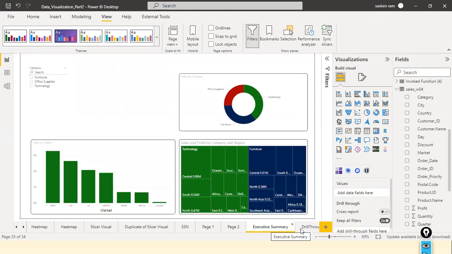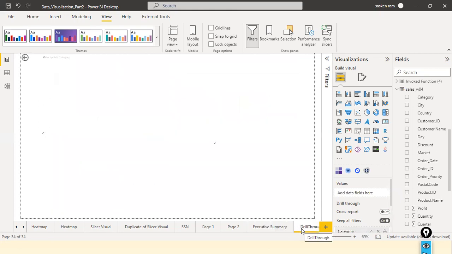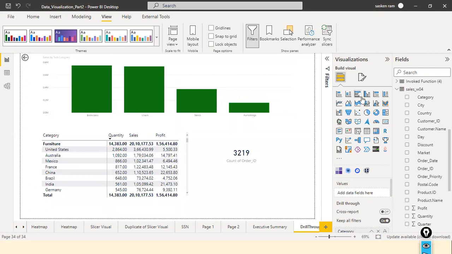So what are the steps involved? Very simple one. The first step is you need to create the drill through page, and in the drill through page, whatever visuals that you need, you can put them here. And then in the drill through page, if you look at the right below the visualization, the last option, right,